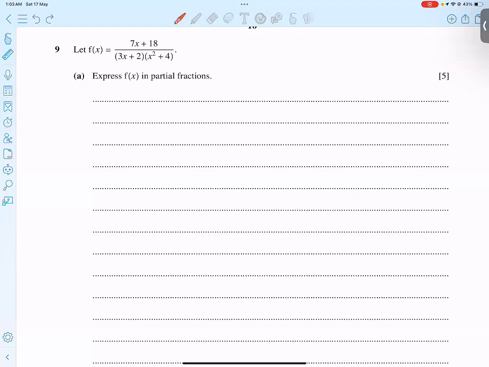Question number 9, students. We have been given this function and we have to go for partial fractions. But first of all, always keep in mind one thing, this kind of question, sometimes students don't care. What is the important part? If the power of the numerator, let's say numerator power,